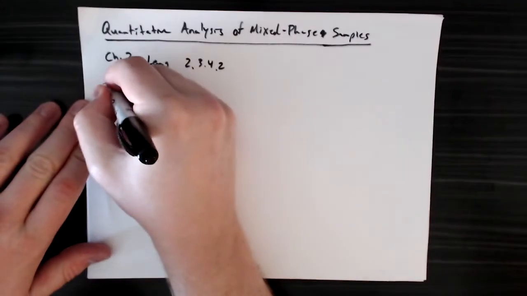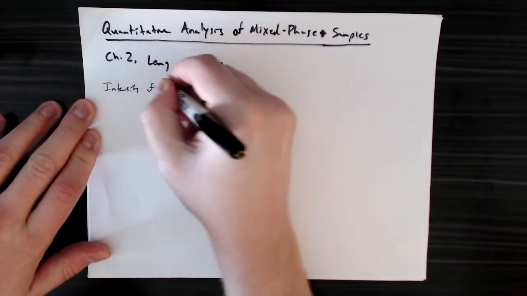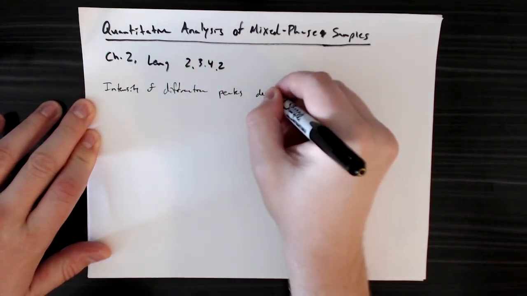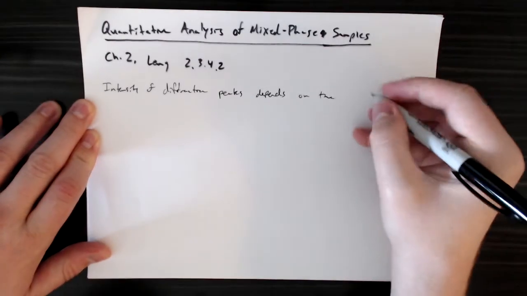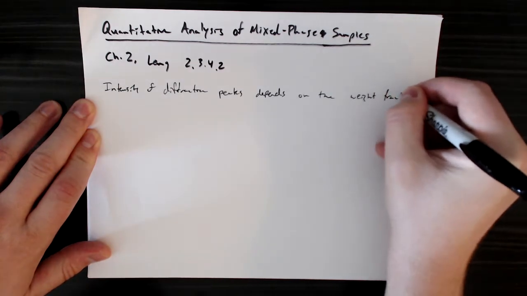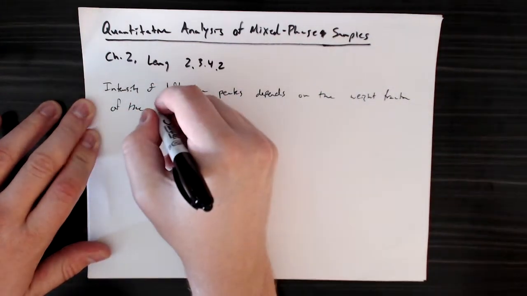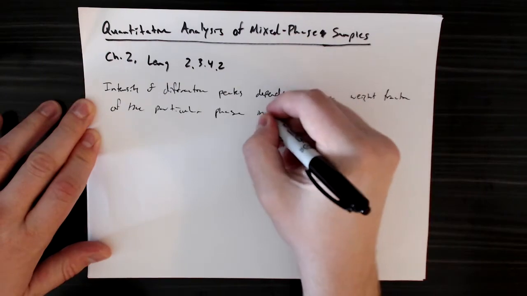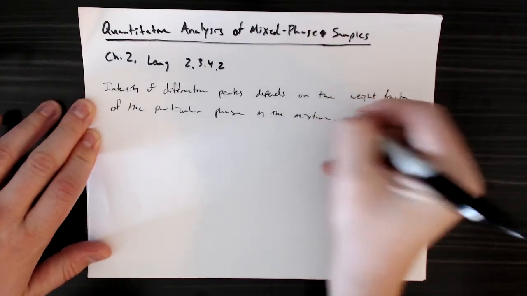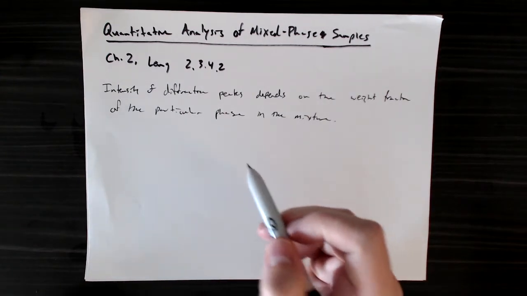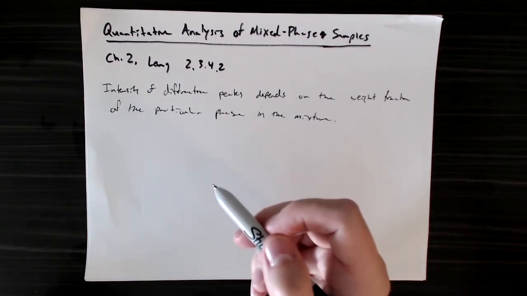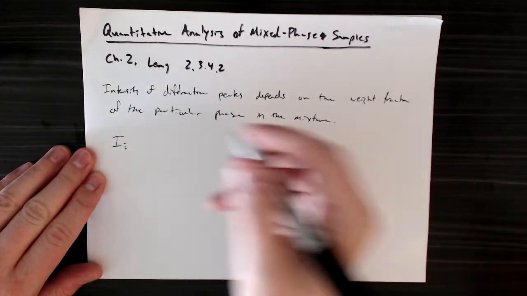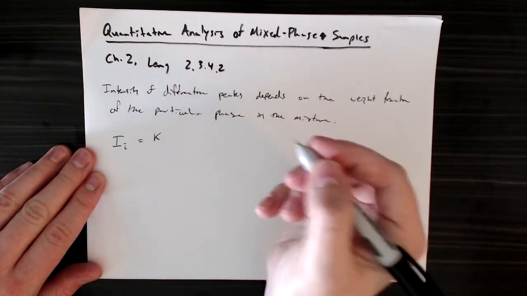So the intensity of diffraction peaks depends on the weight fraction of the particular phase. So we're going to use this fact to determine the weight fractions. So we can express this as the intensity of a phase I is equal to the term K